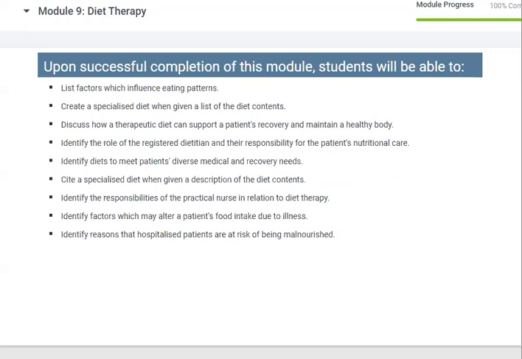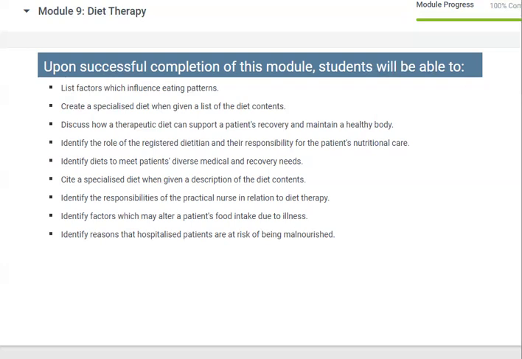a specialized diet when given a list of the diet contents, discuss how a therapeutic diet can support a patient's recovery and maintain a healthy body, identify the role of the registered dietitian and their responsibility for the patient's nutritional care, identify diets to meet patients' diverse medical and recovery needs, cite a specialized diet when given a description of